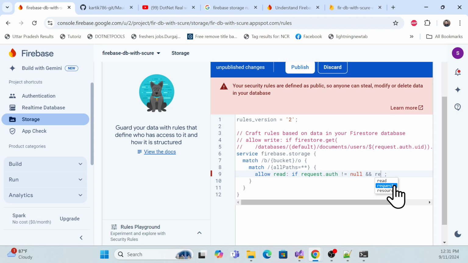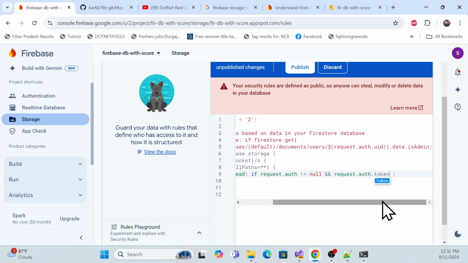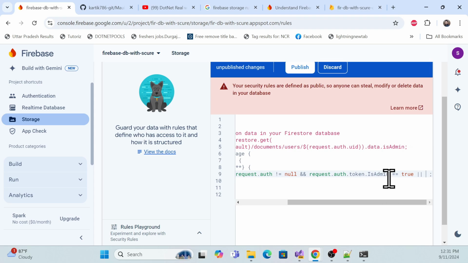Simply again using request.auth.token, and in this token we have to do the same thing as previously, like isAdmin. If isAdmin on the token is true, then those users can also read the data. It is an OR condition, so either the admin role or the user role,